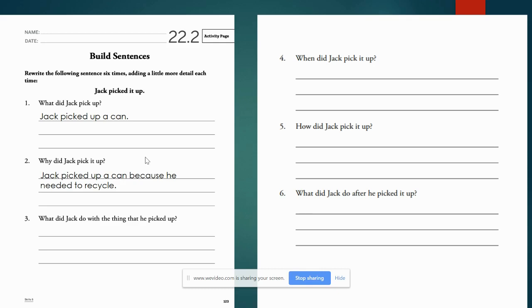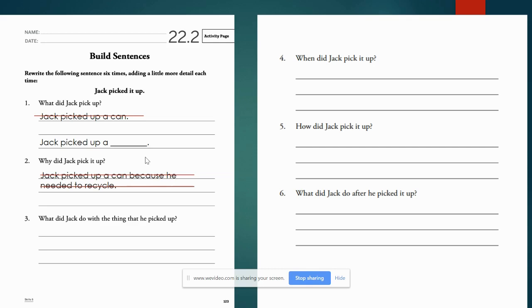Now, when it is your turn to complete this page, you're not going to use my sentences because I want your ideas to come from your own brain. But something that will help you on each sentence is rephrasing the question just like we've been working on in academic enrichment. What did Jack pick up? Jack picked up a